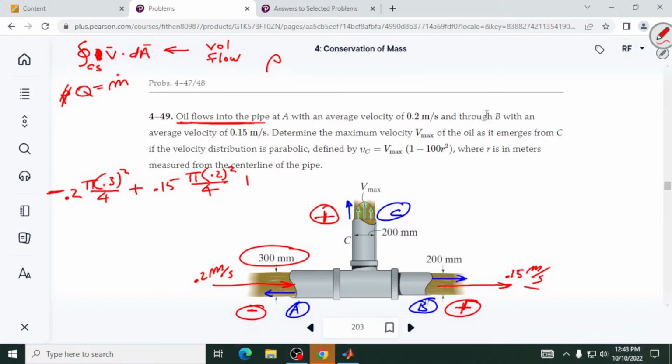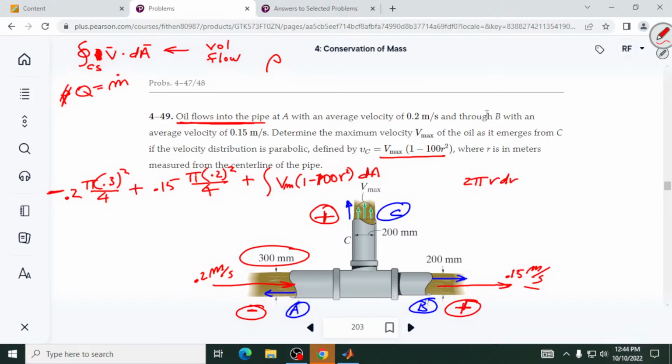Now, here's the key, plus the integral of the velocity, which is this. I'll use Vm, 1 minus 100 r squared d area, but the d area is going to be 2 pi r dr,